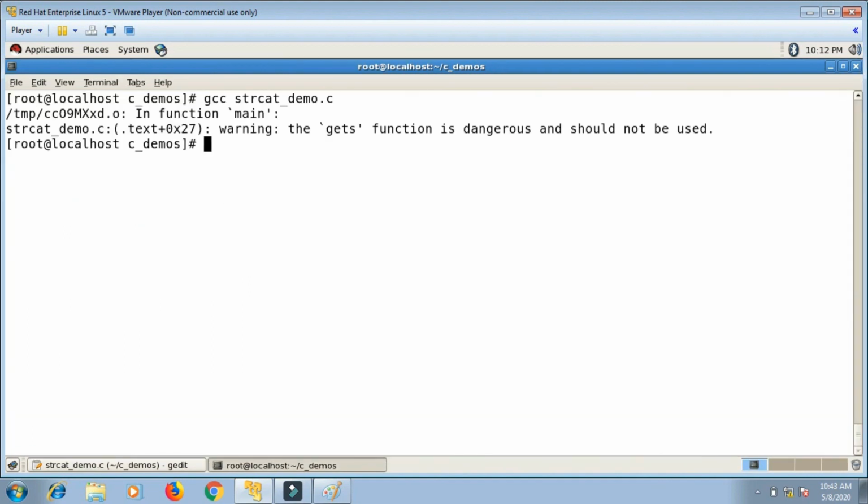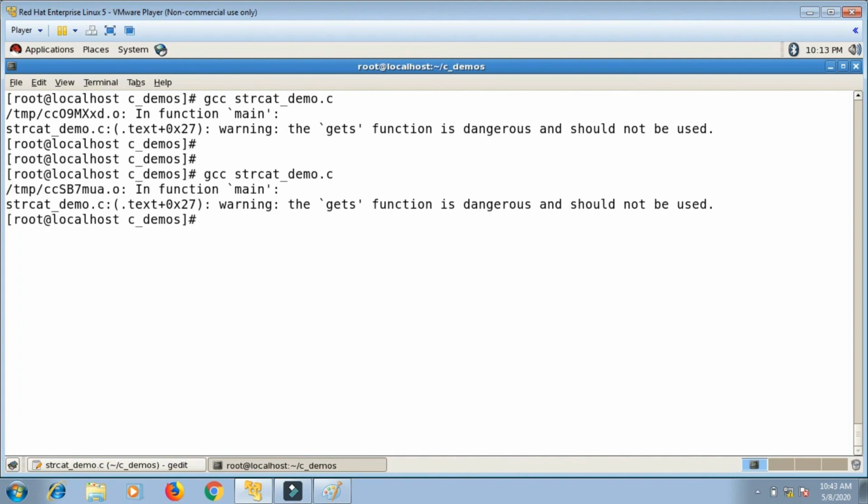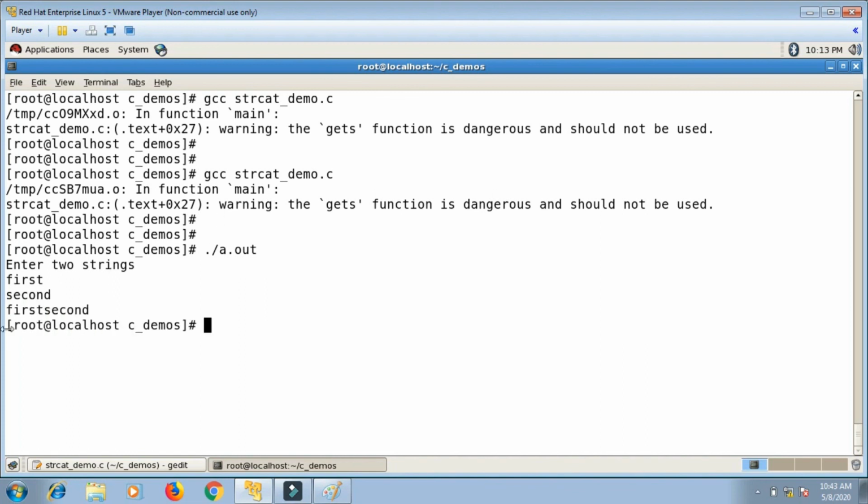If I compile it, it will give a warning, but anyway you can overlook that. You can simply run the program. Two strings: suppose I write first as the first string, then second as a second string, and the output is first second. So the second string is concatenated to the first string.